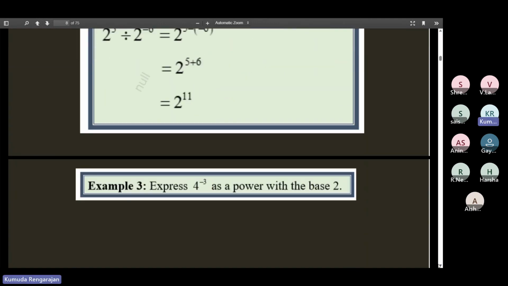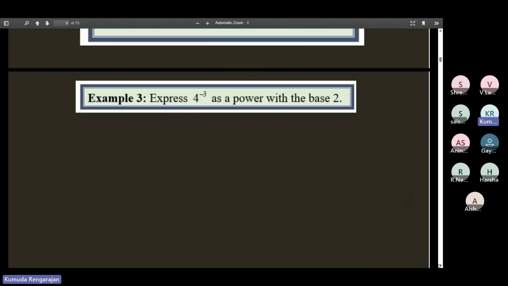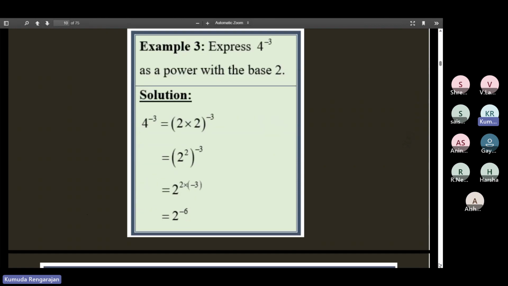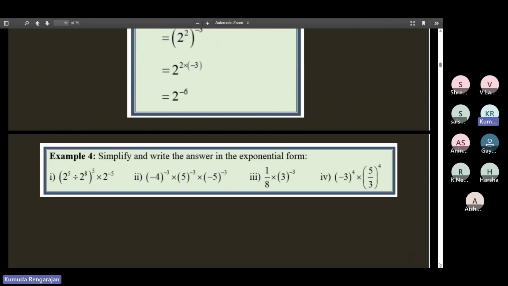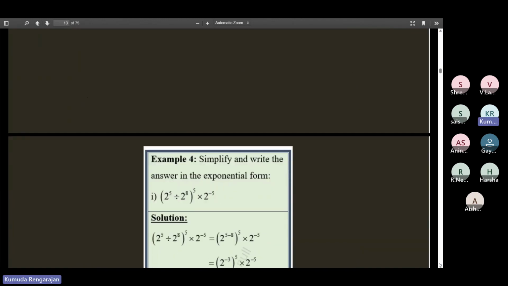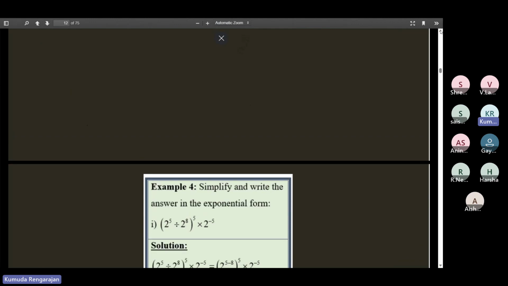Now the next question, you will see only the question. So you can read the question and try it yourself and then check with the answer here. Next question. You can work them and then check your answers one by one. So this is, okay, 1 minute. This is